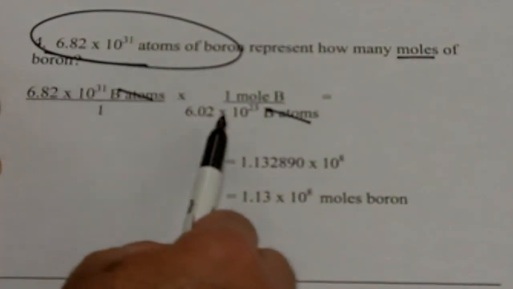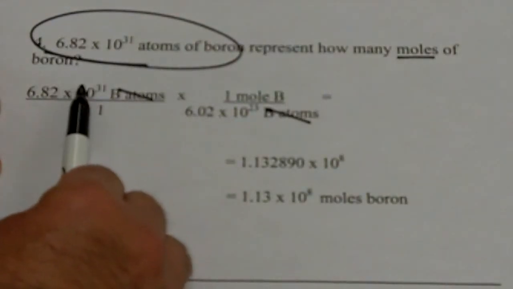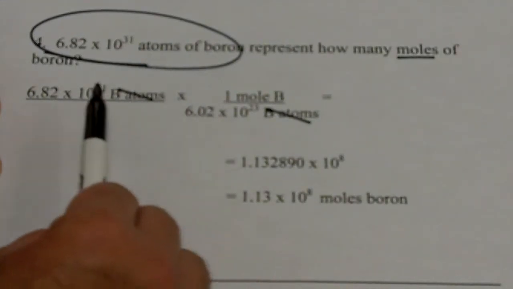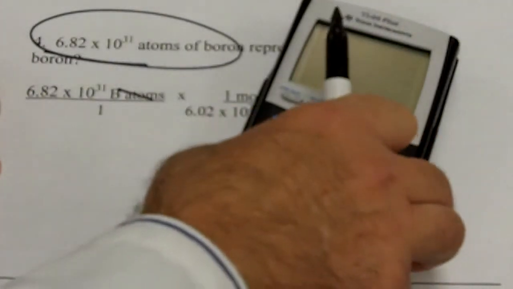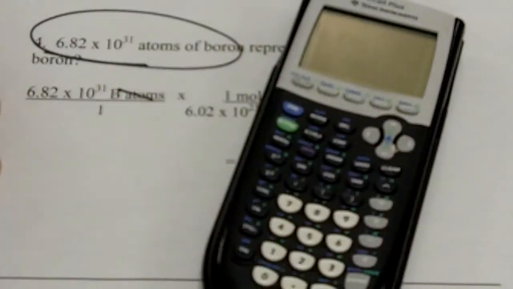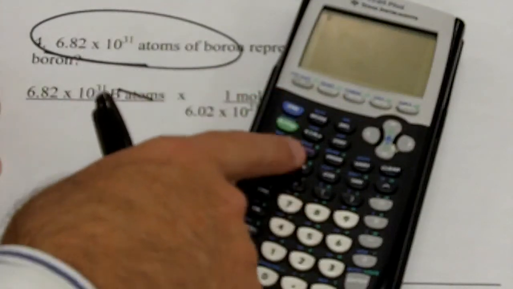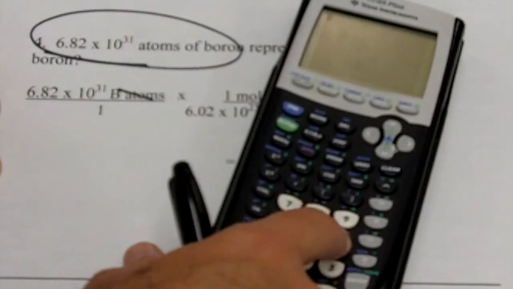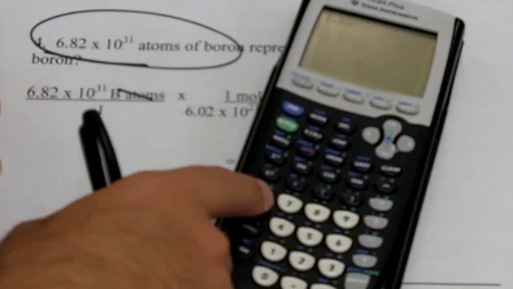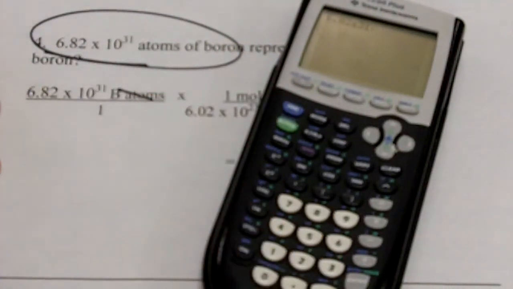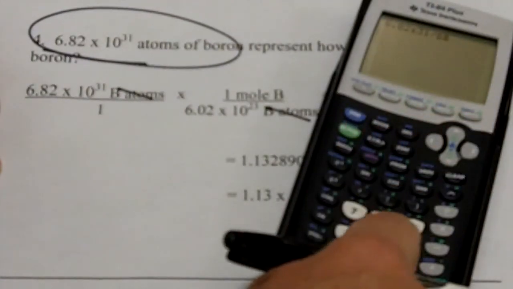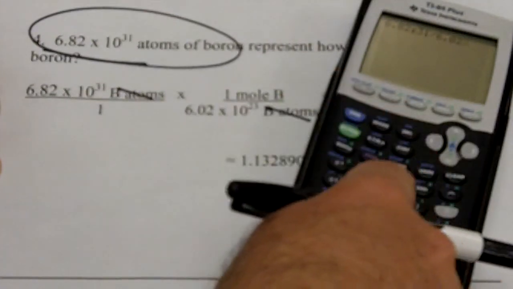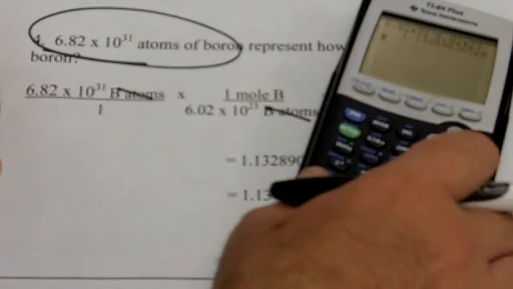Now, do I multiply or do I divide? This number is on top, this number is on top, this number is on the bottom. I'll divide. Let me go through that operation with you on the calculator. It's very important that you know on the calculator you will be using how to enter exponents. I'm using, again, a TI-84 Plus. That means my EE button is secondary. So we get 6.82 second EE 31, divided by 6.02 second EE 23, and I get this number,